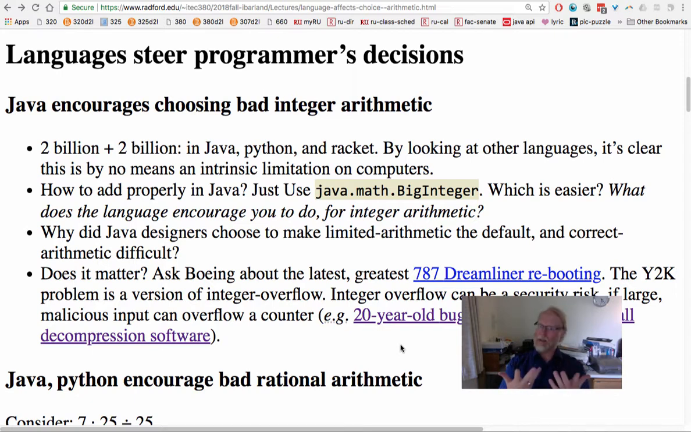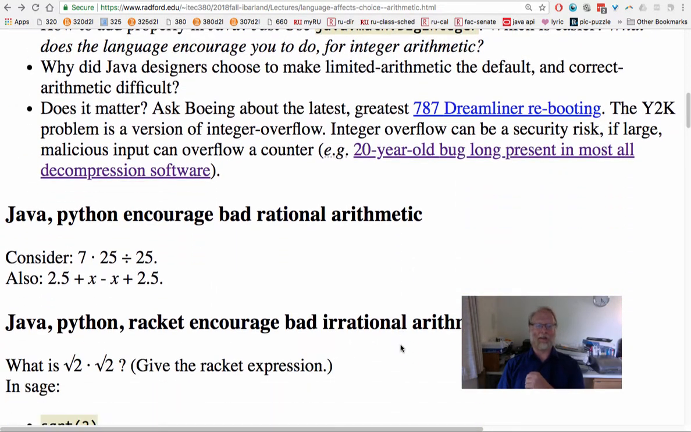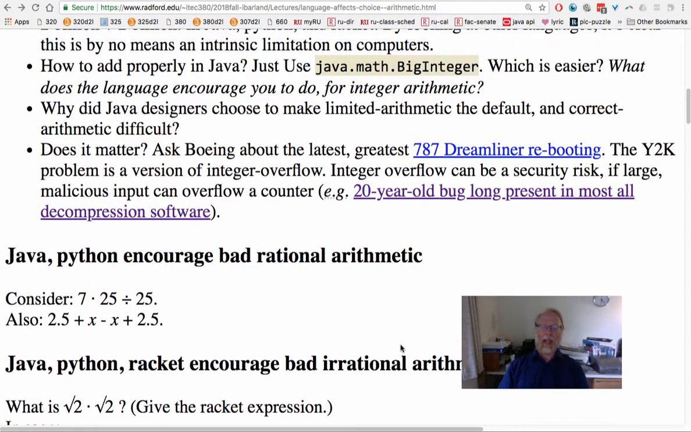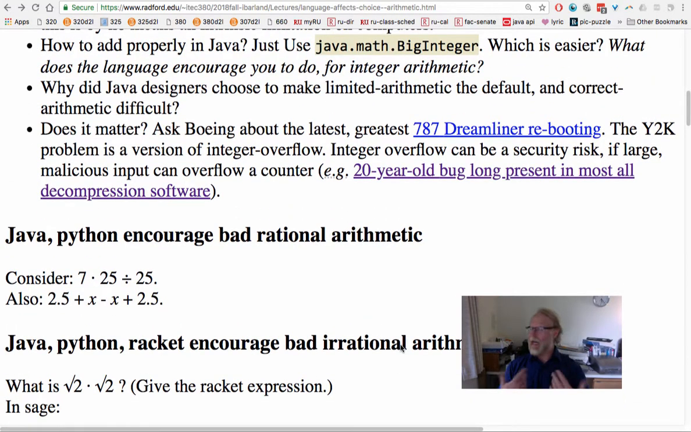Python does big integers transparently. You just use the numbers and they get as long as you like. But rational arithmetic goes bad. So we looked at 7 divided by 25 times 25, and Racket did that correctly and exactly. Okay. And then we looked at